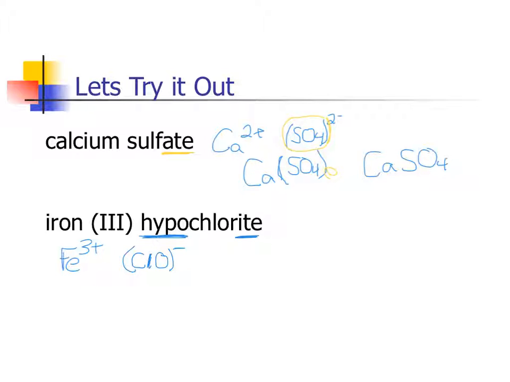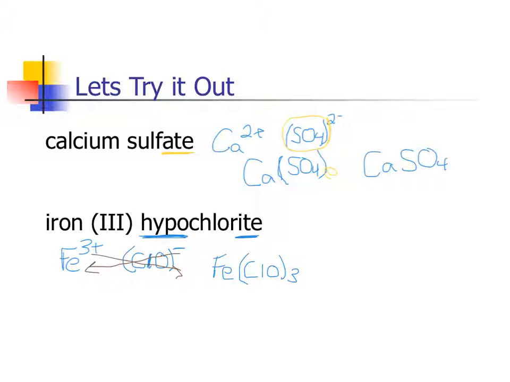In doing my crisscross method, I need to make sure that that 3 goes on the outside of the parentheses. That 1 goes to indicate that there's one iron there. Writing this all out again, we see that I have Fe. This time I have to have parentheses. Those parentheses need to be there. And so we have